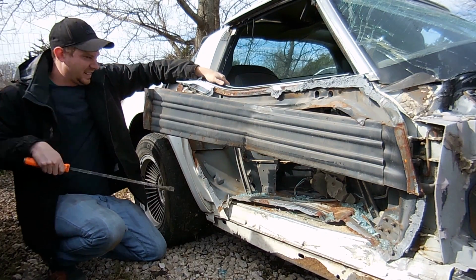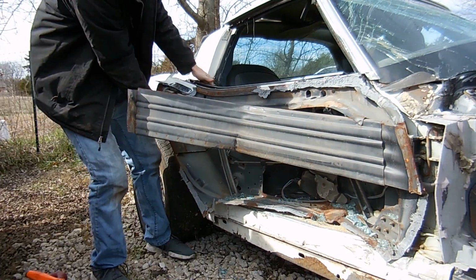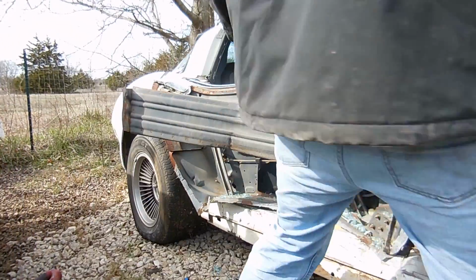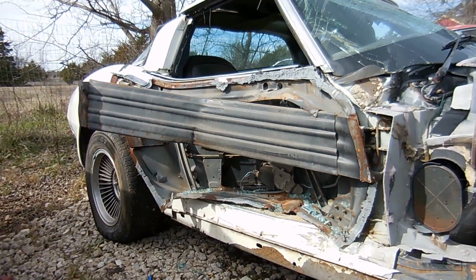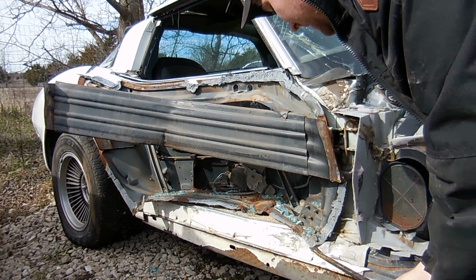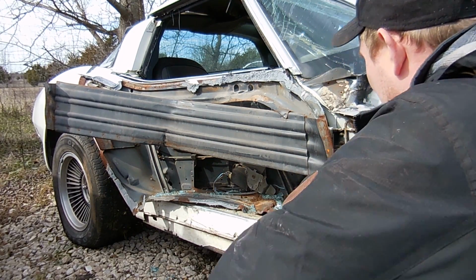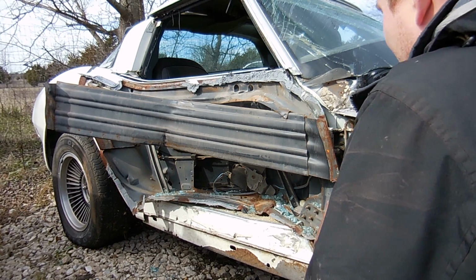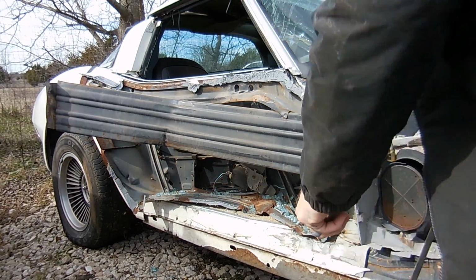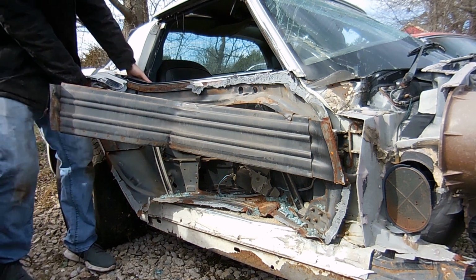Alright. Think it's still gonna open? We got more movement than we did. Oh, we're still stuck right here. You guys see right here? You see that? Right there at the bottom. This metal part. I mean, obviously this is the metal inside shell of the door. But it's probably still stuck. I can maybe lift that up. Maybe it'll open. It's already 6 inches more than it was, but